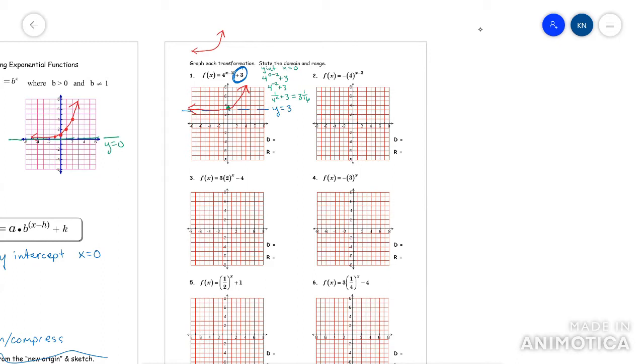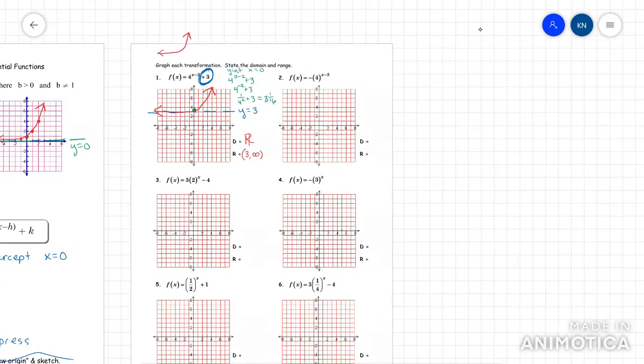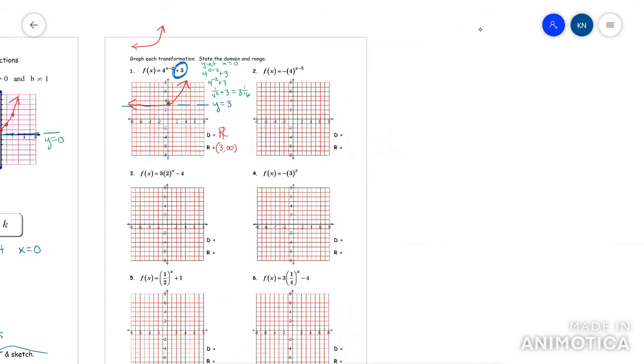Now, the domain of these is all reals on all of them. The range of this one: the lowest it could possibly go is 3, but it can't hit 3 because there's an asymptote there. And the highest it goes is infinity. Now, this next one's a growth, but